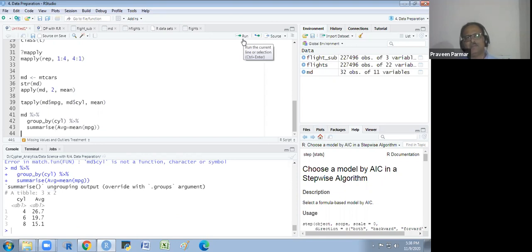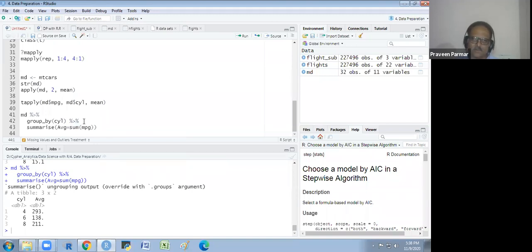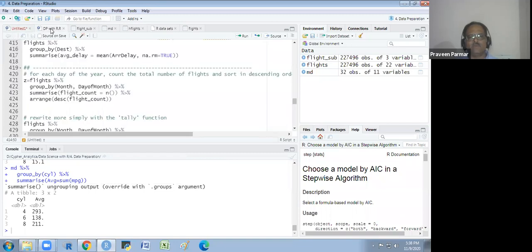So that is the group by function. You understand what group by is? How to summarize: we could take the mean, we could take the sum. That's just like an apply function, not a different thing. The group by function is very, very important for us. Sometimes we get the data on a daily basis, and we want to convert and group it on a monthly basis, or a weekly basis. At that moment, the group by function is very important.